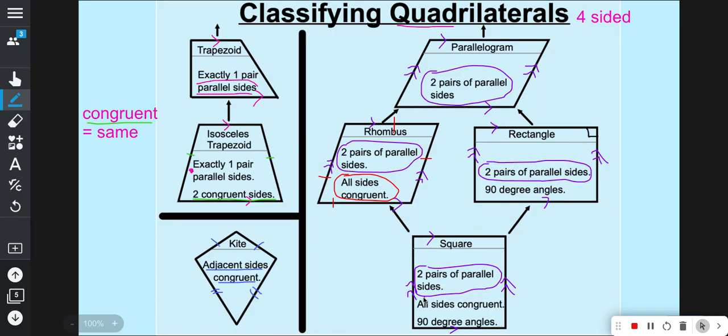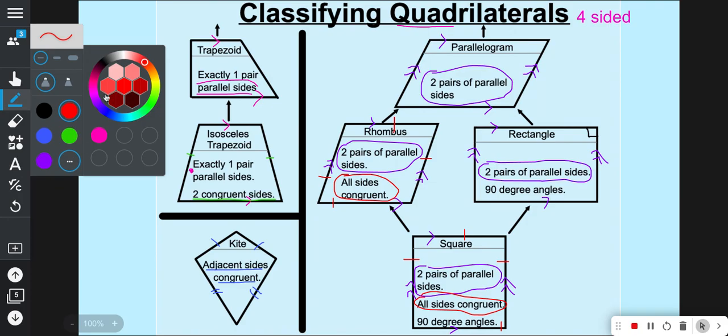If I look down at square, it also has that definition. So a square can be called a rhombus and a parallelogram. A rhombus can be called a rhombus and a parallelogram, and all of them are quadrilaterals. A rhombus, however, cannot be called a square because in the definition of a square is the same definition as